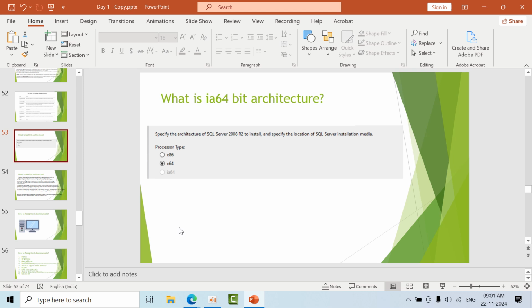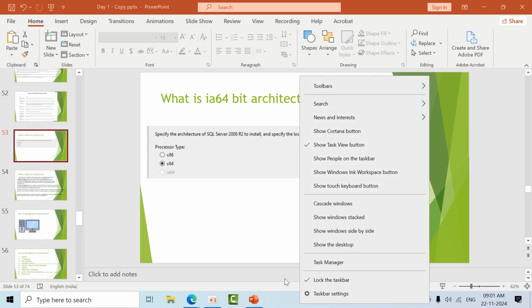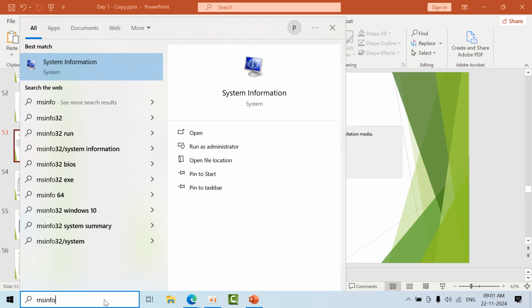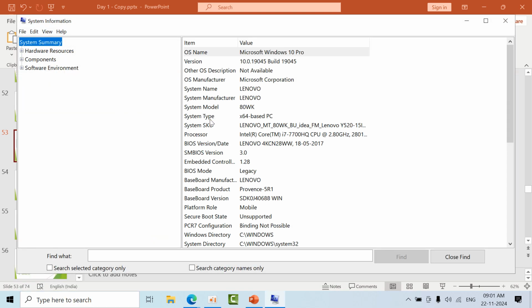That's the reason whenever I call it 32-bit, we are not going to see 32, we are going to see the processor family x86. Now 64-bit: how to see that? You can open msinfo32 and you can see it. See, I'm using a 64-bit processor.